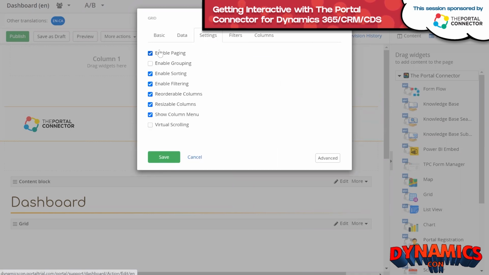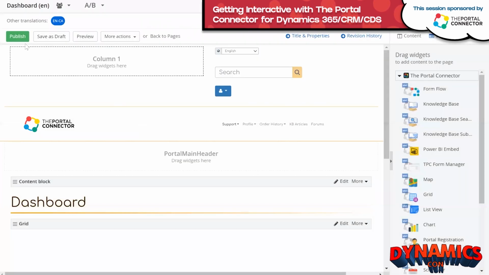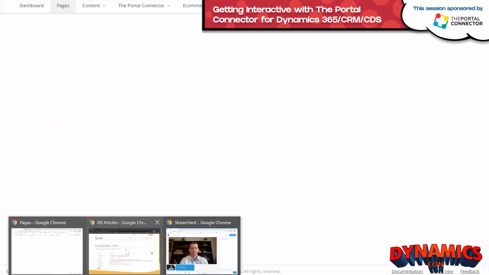On the settings tab, there's a whole bunch of grid functionality. Paging, grouping, sorting, filtering, all of that can be enabled or disabled depending on what you want to use it for. And then on the columns, if you want to fine tune that, you can go in there and customize the HTML, the presentation of those columns. So I'm going to click on save here, and I'm going to publish this. And then we're going to take a look to see what that looks like